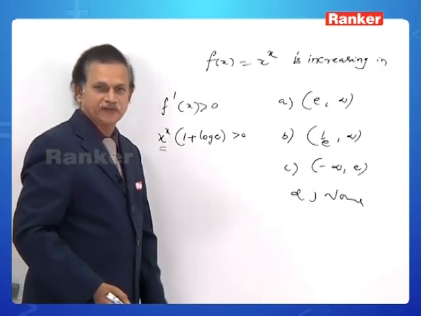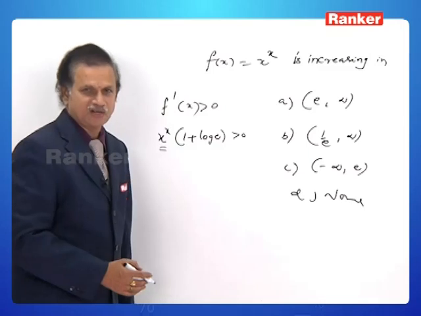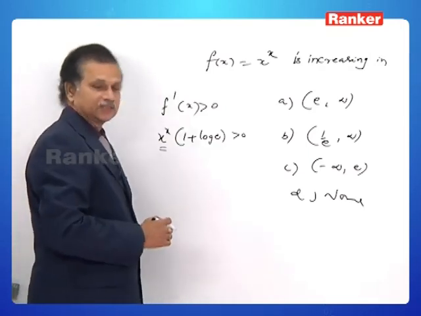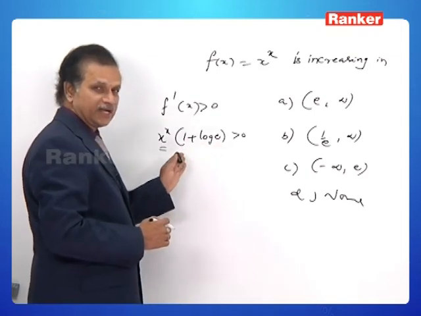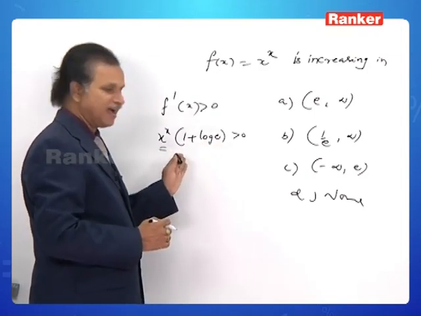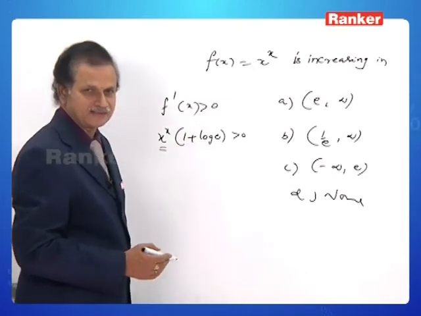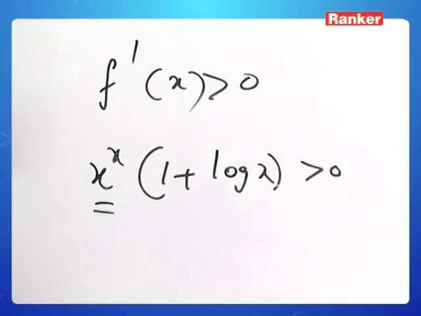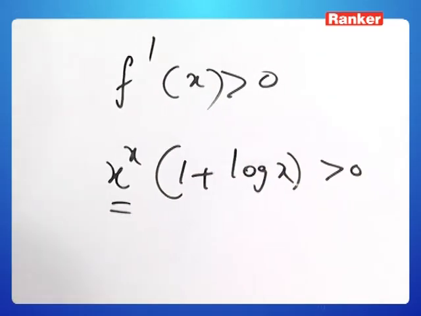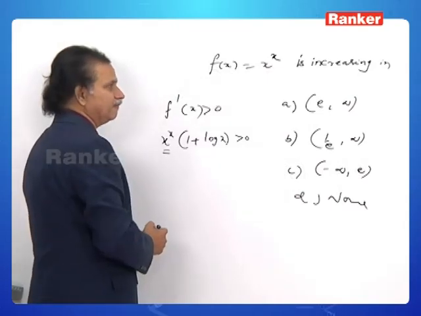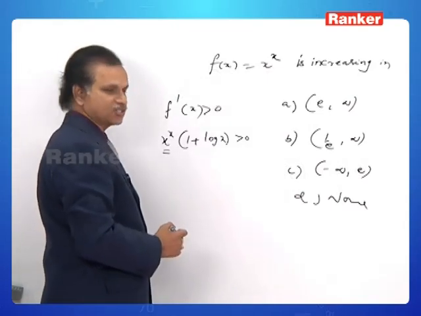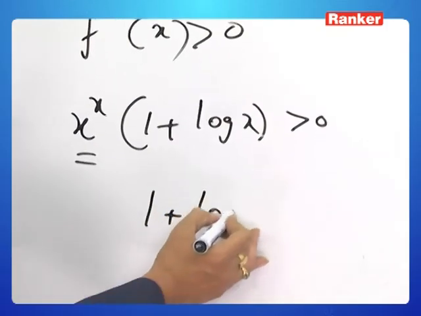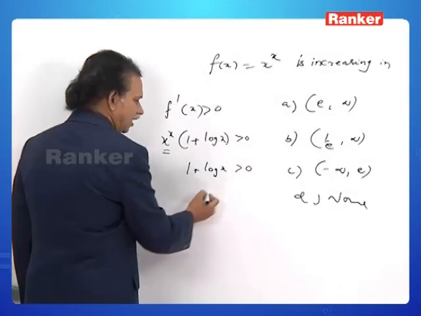x to the power x is positive because its domain is nothing but positive real numbers. Therefore, it is positive. So for this big expression to be positive, what should happen? 1 plus log x must be greater than 0. Its derivative is x power x into 1 plus log x. This factor 1 plus log x must be positive in order to observe that the function is increasing. That is, 1 plus log x must be greater than 0,